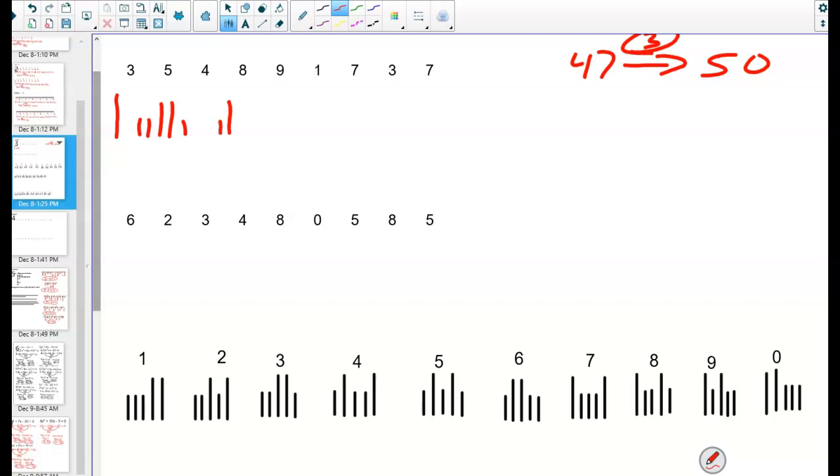5, short, tall, short, tall, short. 4, short, tall, short, short, tall. 8, tall, short, short, tall, short. 9, tall, short, tall, short, short. 1,